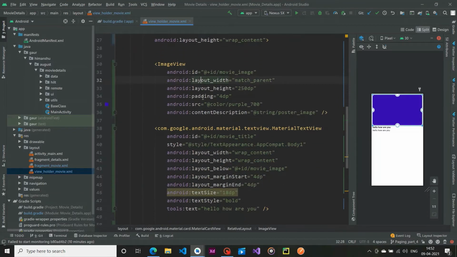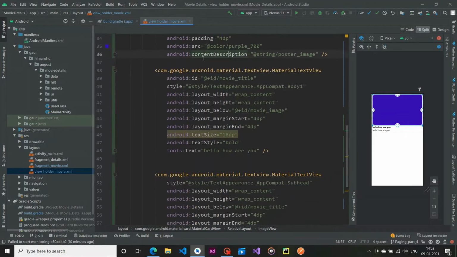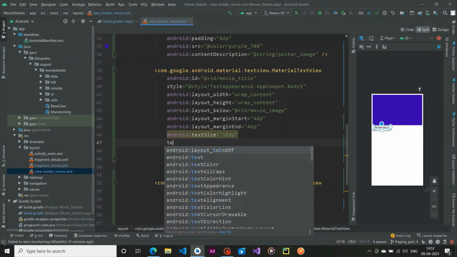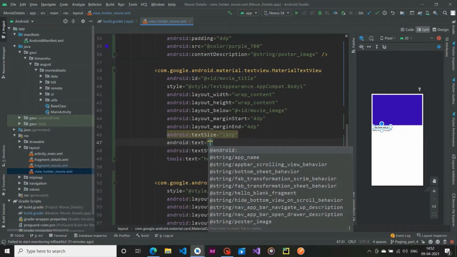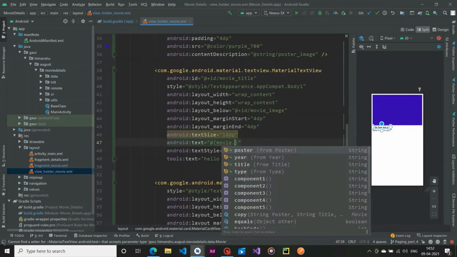Alright, so now it's time to access this movie in our layout. For our image view, we are going to create a binding adapter, so don't worry about the image view right now. For our material text view we have one property named text. By using this text we are going to set up the text, using at the rate and a pair of braces, and now passing our movie, and in here you have title, type, year, poster.